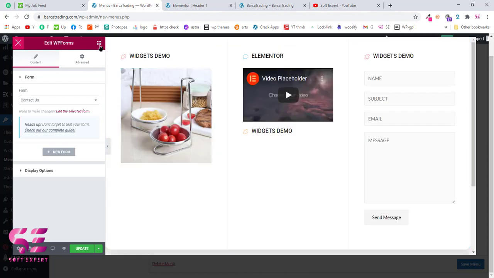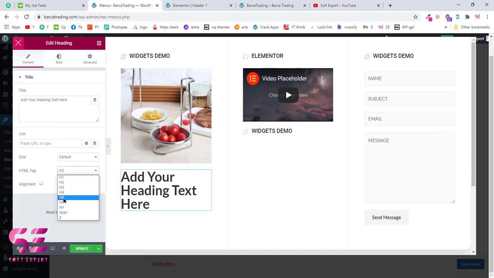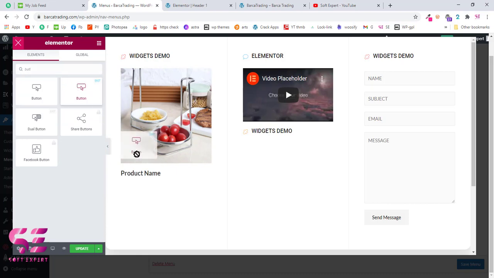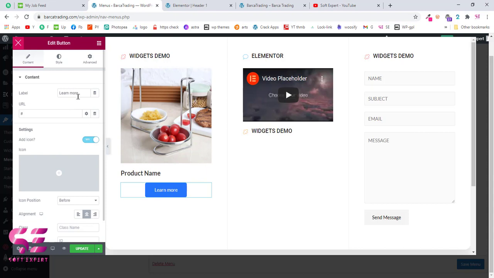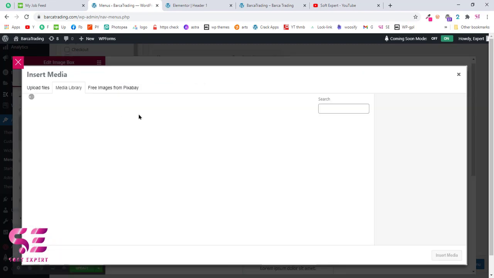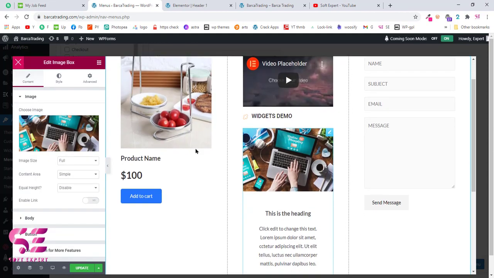So if I go to modules, we'll grab a heading, we'll add a button and we'll call this add to cart. And here we can add another item. So that is how you can create the header, and you can customize it with Elementor.